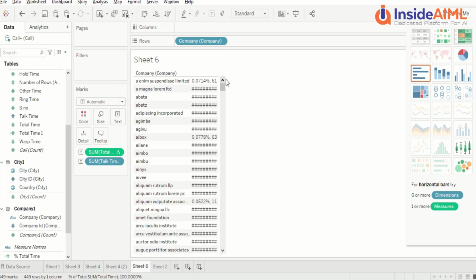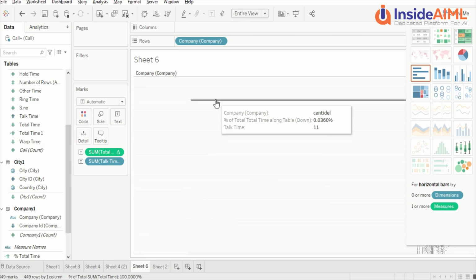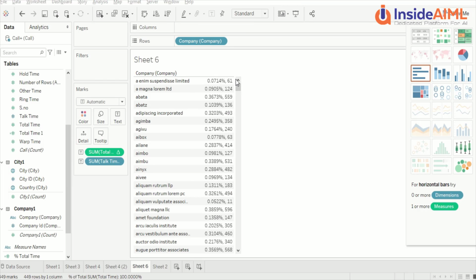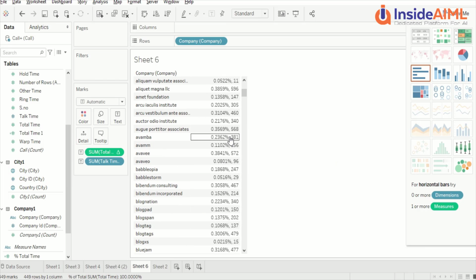So now look at a different way. Now we can make it a little bit bigger actually. Let's say Control Z. Let's give it more size. Okay, this is a little bit tricky, but we can go ahead and make it a bit bigger and look at it. So see, this is an altogether different view.